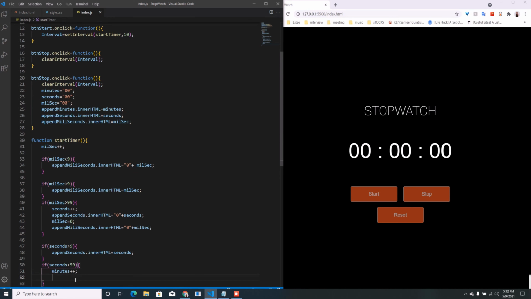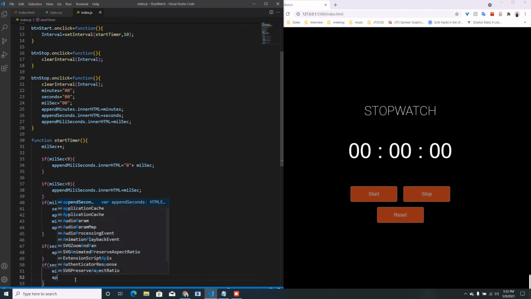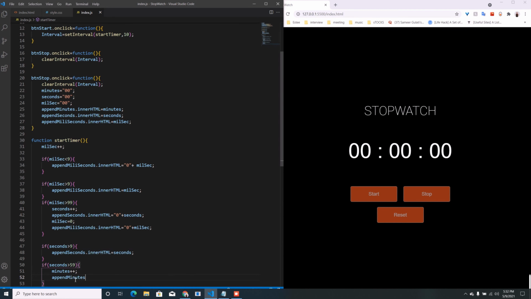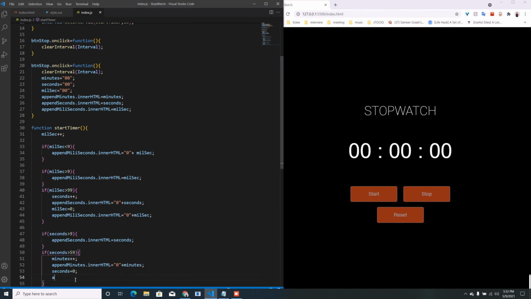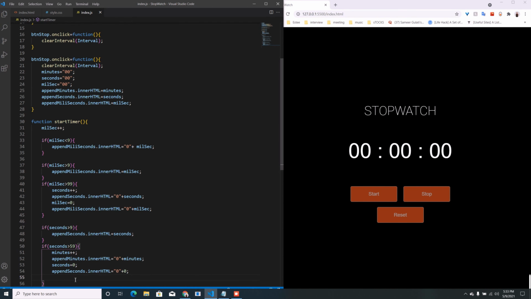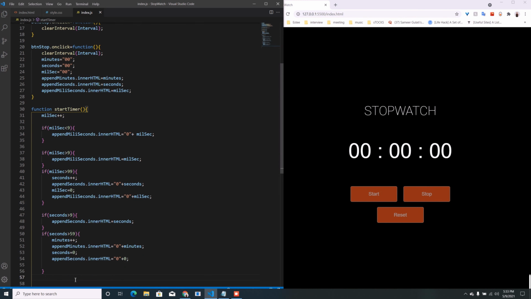For this one we have to increment minute and append it to the web page. And we have to change the second value to 0 and then append it to the web page. Same thing as we did for millisecond when second got incremented, if minute got incremented, we have to reset the value of second to 0.